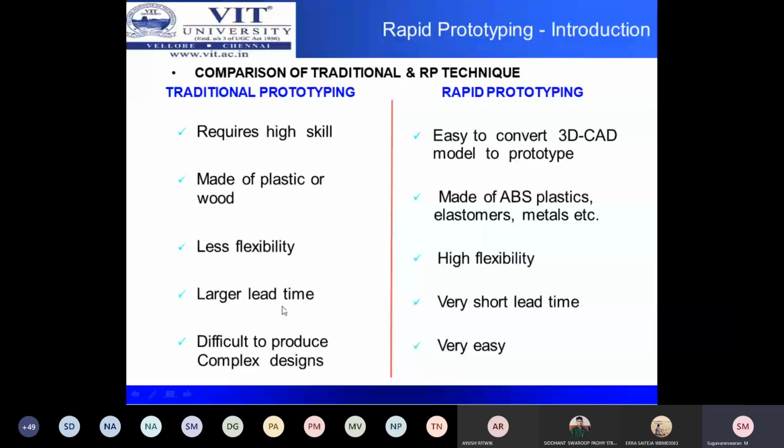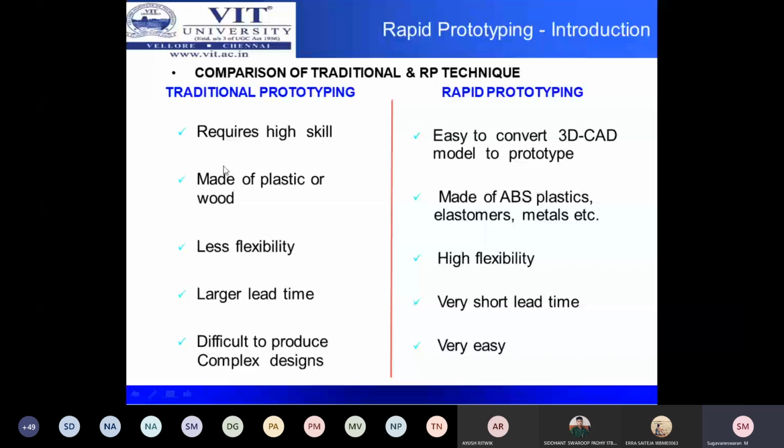It will take a lot of lead time, because on the other hand, we are using computers. So here you have manual fatigue as well as the repeatability and accuracy required. So it will take a lot of lead time and it is difficult to produce a complex design. See, manpower is always superior to computer. But if you need a more complex design, you need a more experienced person, a more experienced craftsman.